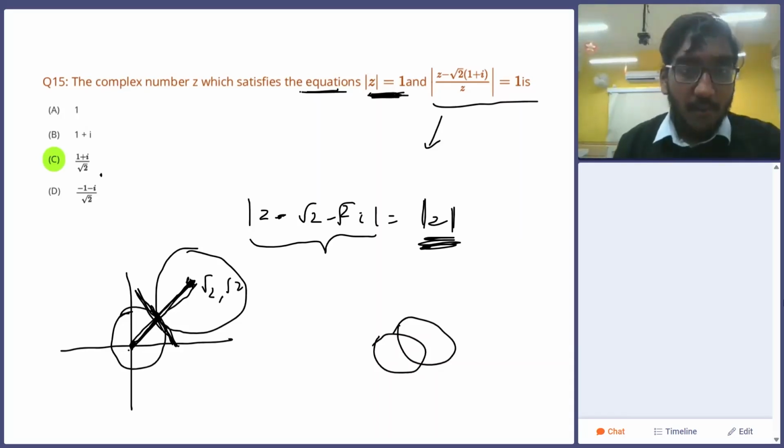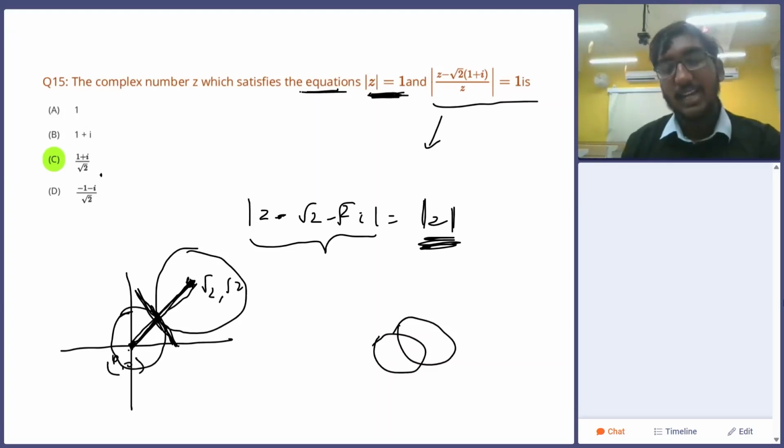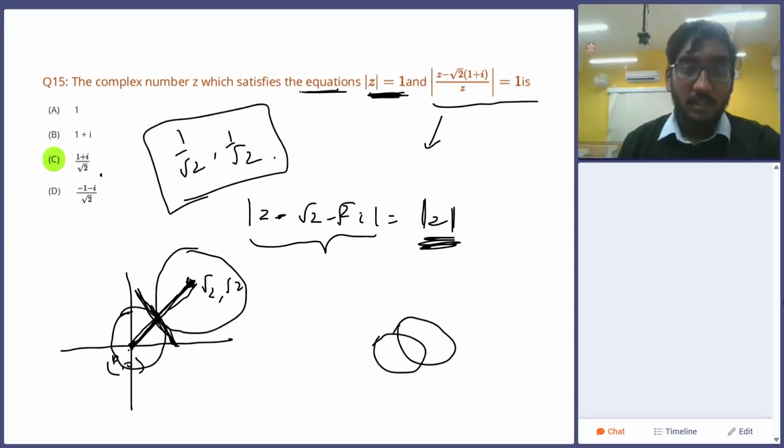So what about this value? The point where it intersects will basically be the midpoint of 0 comma 0 and root 2 comma root 2. Okay, just add and divide it by 2. It will be root 2 by 2 comma root 2 by 2, that is 1 by root 2 comma 1 by root 2. Okay, this is the point at which they intersect, and in the Argand plane it is